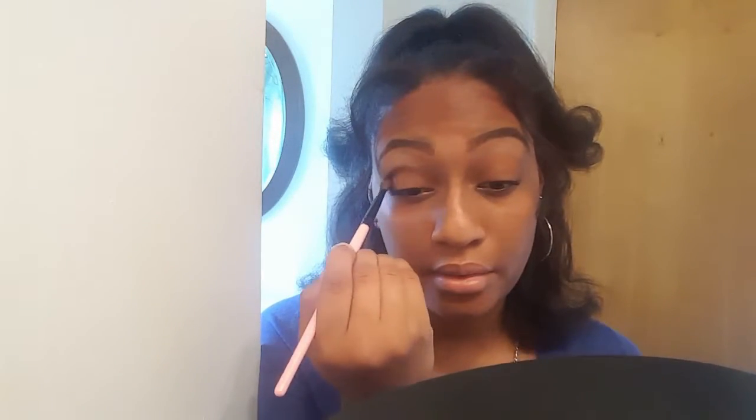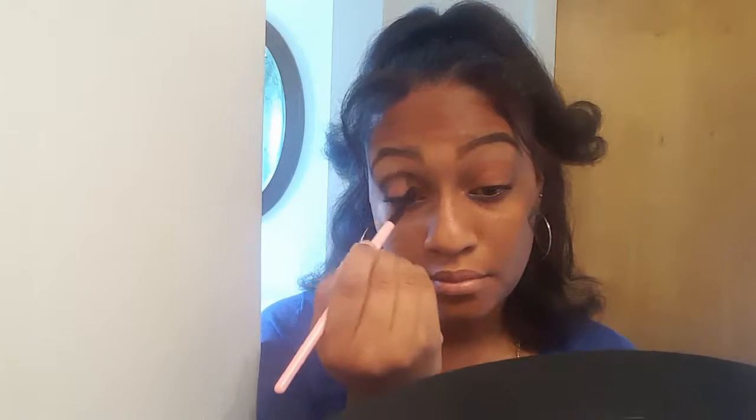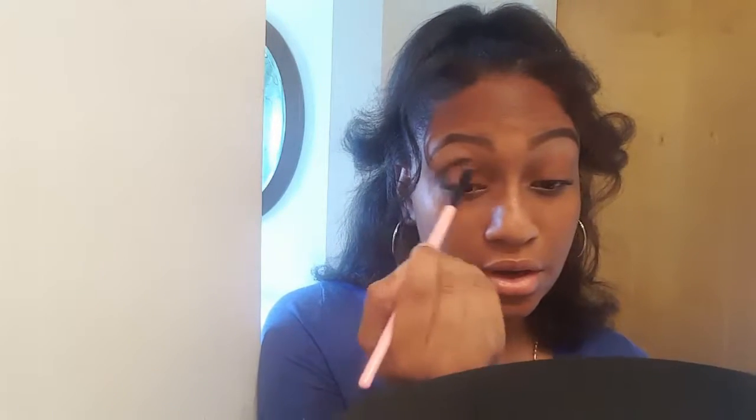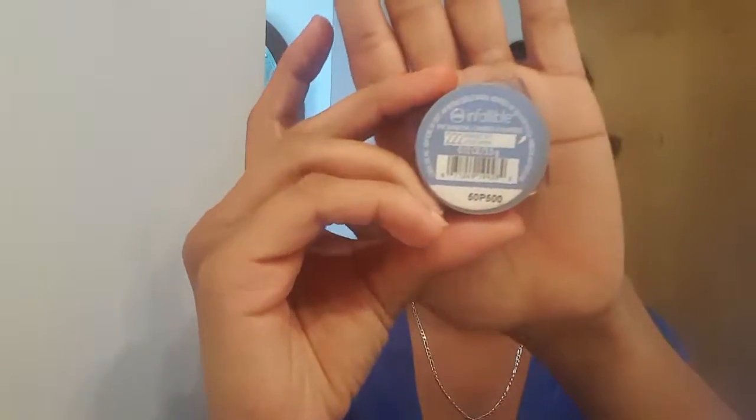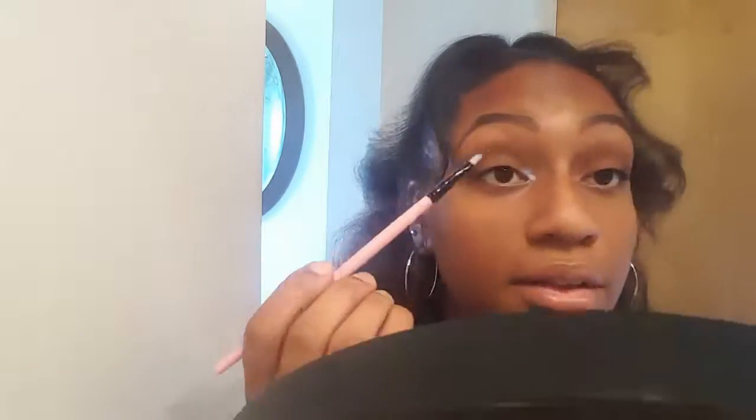And now I'm taking that same brush that I used on my lid with a little bit of that same color for my lid, and I'm blending out my crease line. Now I'm going to be taking the L'Oreal Infallible 24-Hour Eyeshadow in Infinite Sky and a small detail brush, and